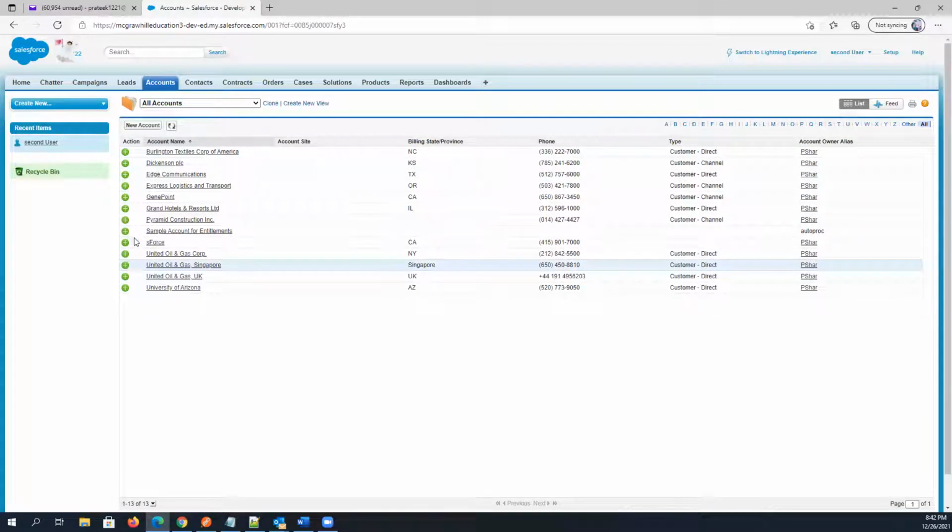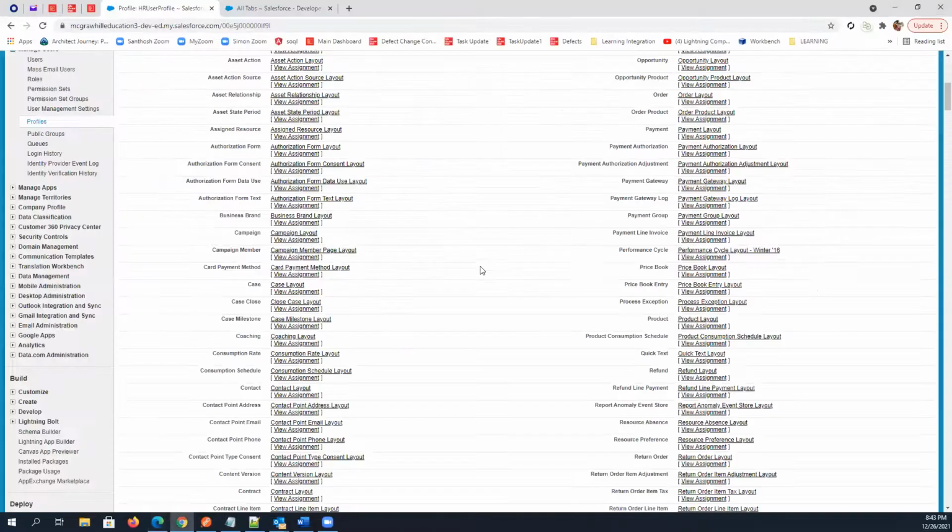So I will assign these two permissions using a permission set. One thing, if you want to note it down, please do: you can only increase the permission using a permission set. You cannot decrease the permission. If you want to remove any permission from a particular user, you always need to change the profile. You cannot do it using a permission set. So by using a permission set, you can only increase the permission. Let's create a permission set and do it.